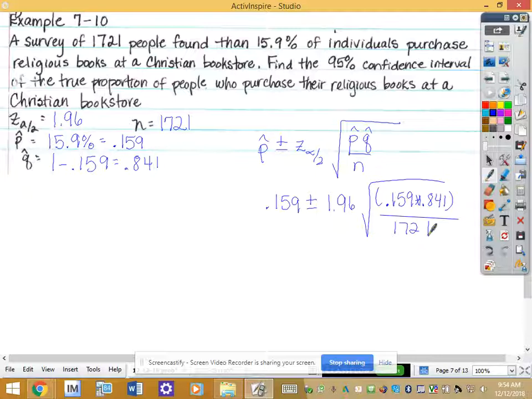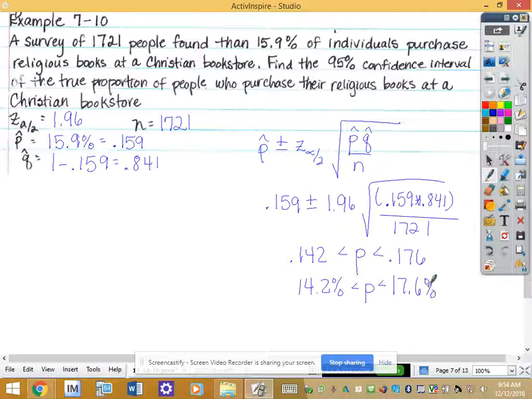When you put that in the calculator, it's going to be 0.142 for the minus side and 0.176 for the plus side. So that's 14.2% to